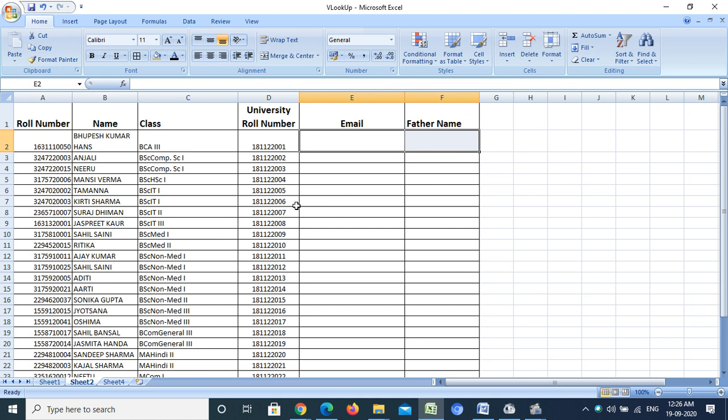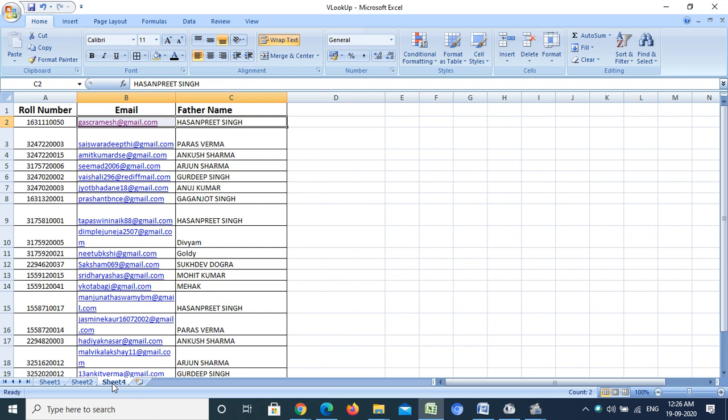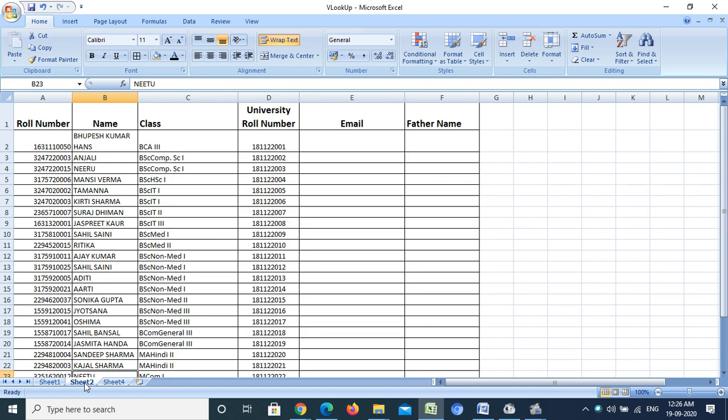But if I have a long list, it is very difficult to find the roll number of one student on another sheet and fetch the result. So in this case, we have a function, or you can say a formula, that is VLOOKUP, so that we can join these two sheets.